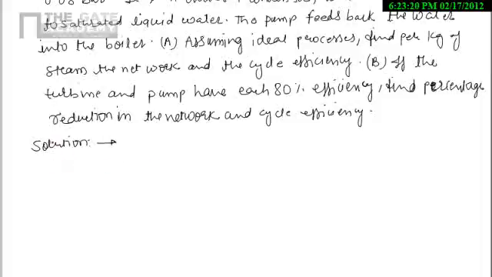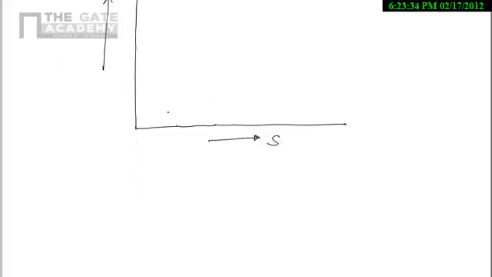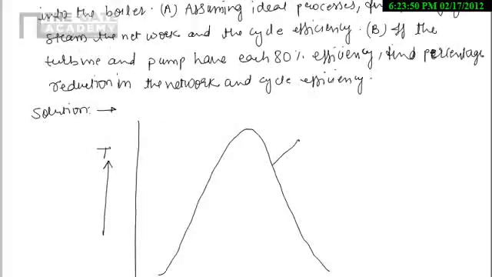Before going into the steam table, I will first draw the TS diagram. So on y-axis I am having T, on x-axis I am having entropy, and this one is the dome. So I will show both processes, ideal and the actual process with 80% of pump and turbine efficiency. So now for this process, we are at point 1, and in ideal process